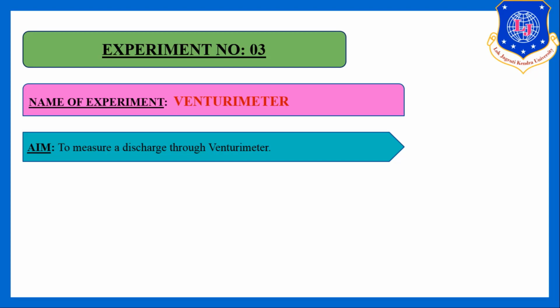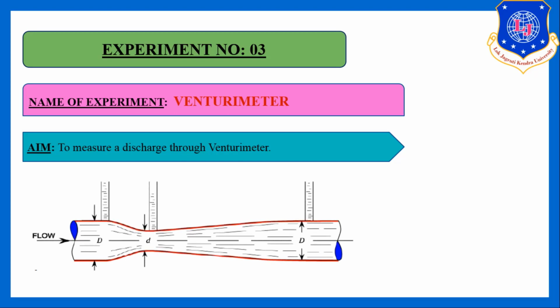Basically, a venturimeter is a flow meter which is used to measure the flow rate of the fluid. The venturimeter looks like this. This is the inlet section, which is known as the converging section. This middle section, see the arrow, having the minimum cross-section area, is known as the throat of the venturimeter. And this retarding third section is known as the diverging section. So basically the venturimeter is divided into three parts: converging section, throat section and diverging section.